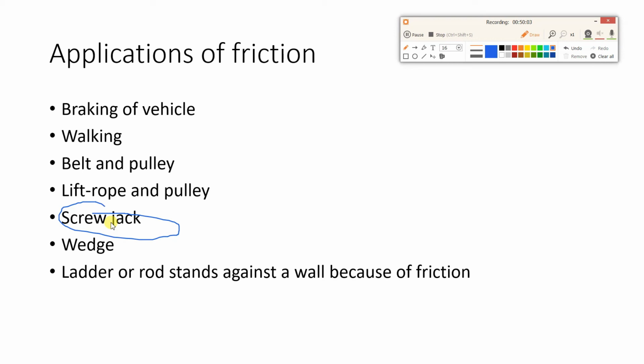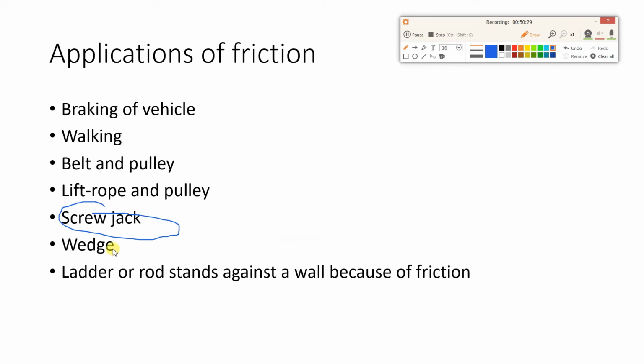when you use the screw jack, it is able to lift the vehicle so that you can change the tire. It holds the vehicle in that position, and once you change the tire, you can unscrew the screw jack again and the vehicle moves in the downward direction. So again, whatever the vehicle is held in the upward direction is because of the frictional force. Okay, so this is an example of friction.